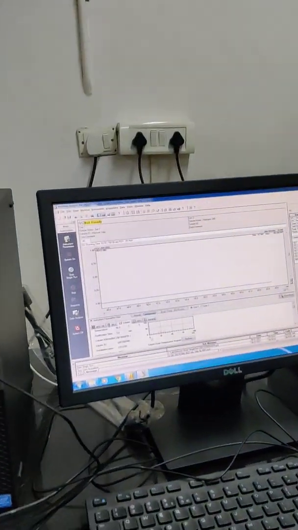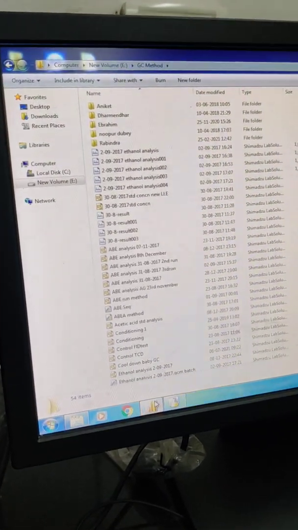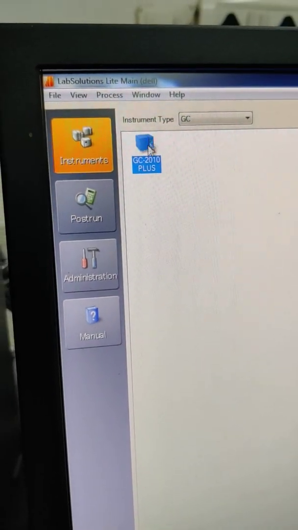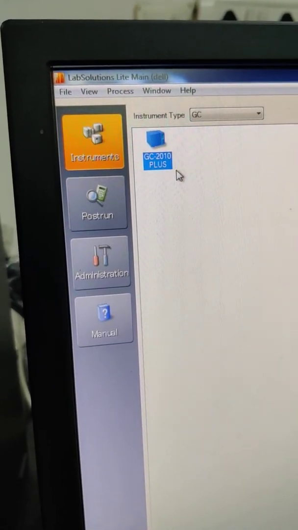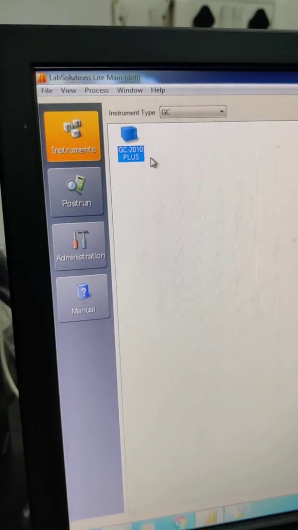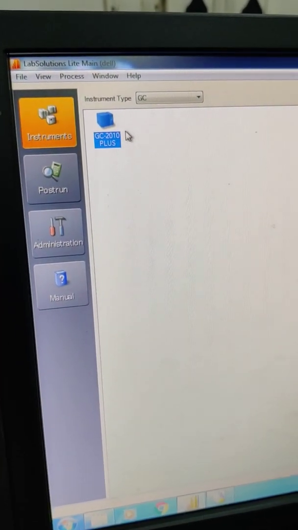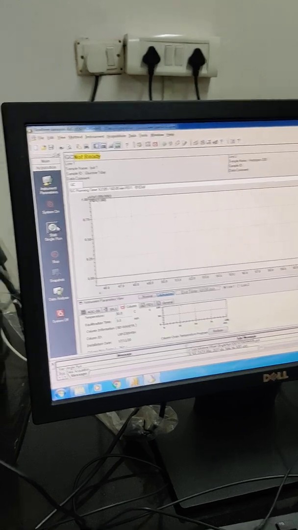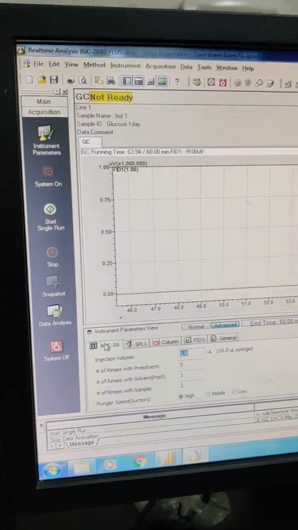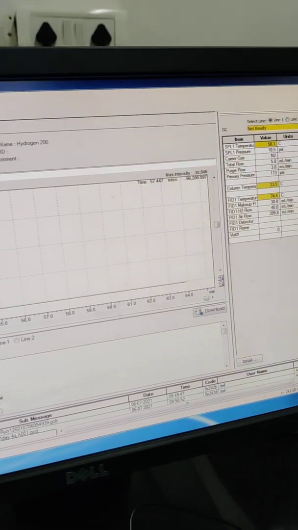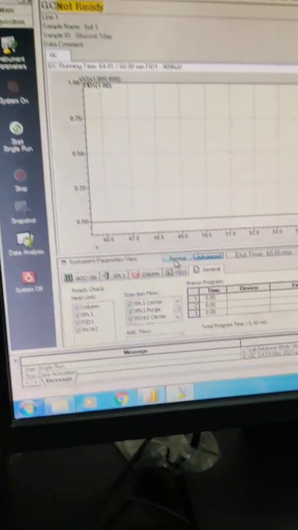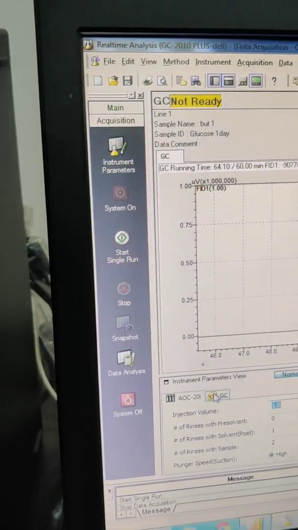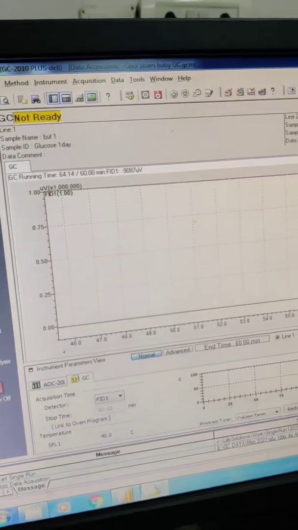And coming here, this is the main control panel of the GC. It's called Lab Solutions, and it shows GC 2010 Plus. So that's the name of our GC, and the make and model is from Shimadzu. It's a Shimadzu model. So we open this. It's already open here, and here we have the control panel of the GC. So we have different setups like the injector, the split port, the columns, the FID. And there are a lot of settings we can manipulate from here, change from here to streamline our particular analysis.